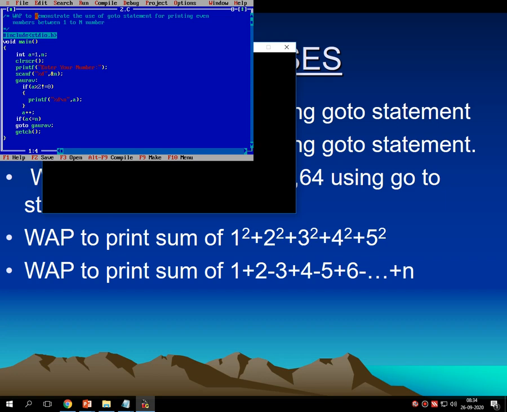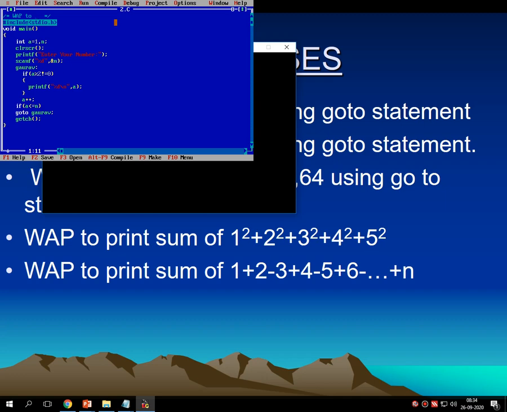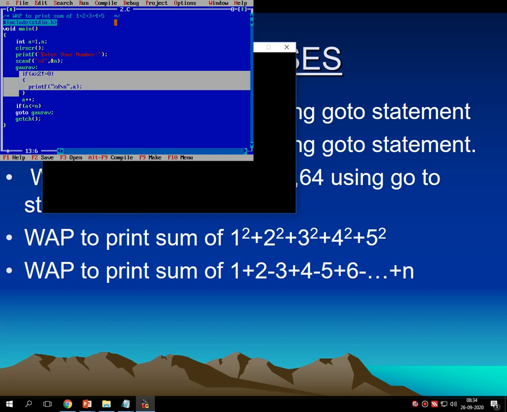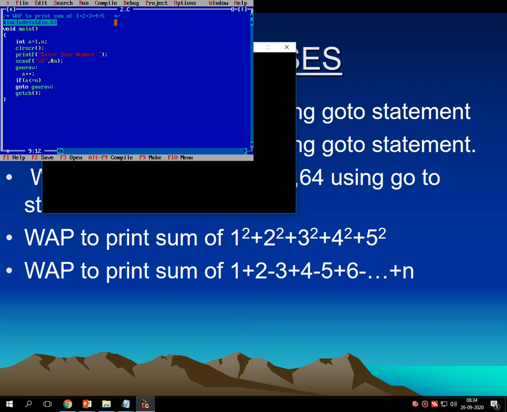Now write a program to print, I make this comment very short. Write a program to print the sum of 1 square plus 2 square plus 3 square plus 4 square plus 5 square. Here I am unable to write square. You have to write it in your journals, right? 1 square, 2 square, 3 square up to 5. So it's the matter of printing first 1 to 5 numbers. So let me print 1 to 5 numbers first.